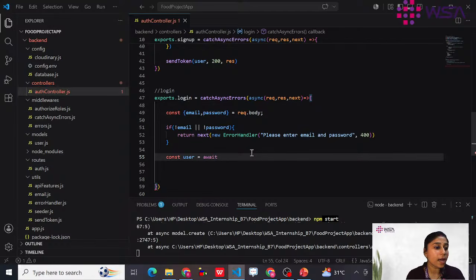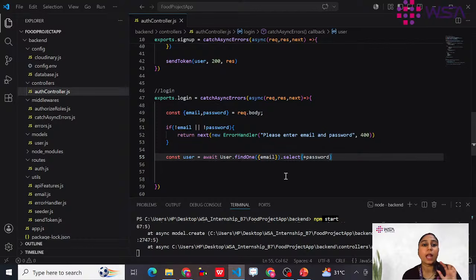What is your schema name? User, right? User dot, here we will use the findOne method. Inside this bracket, let's give curly braces for the field from which you want to find. I want to find from email, whether that is present or not. Then dot select, inside this bracket, plus password. Now see,